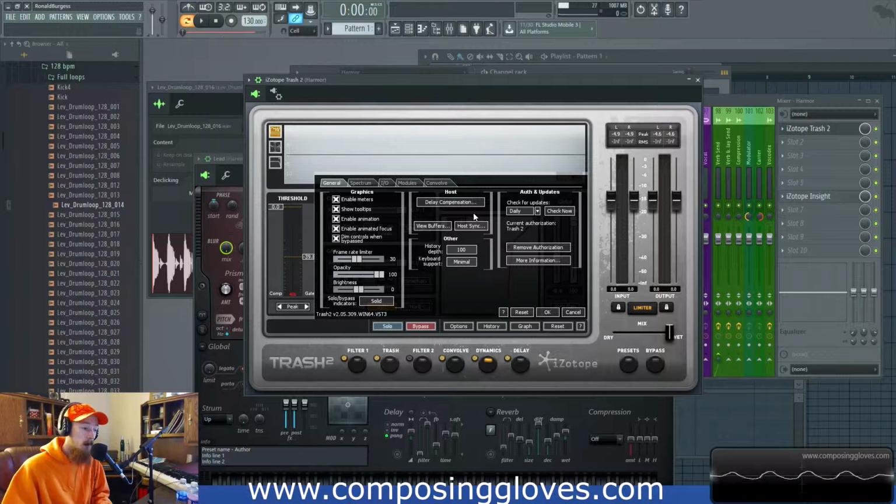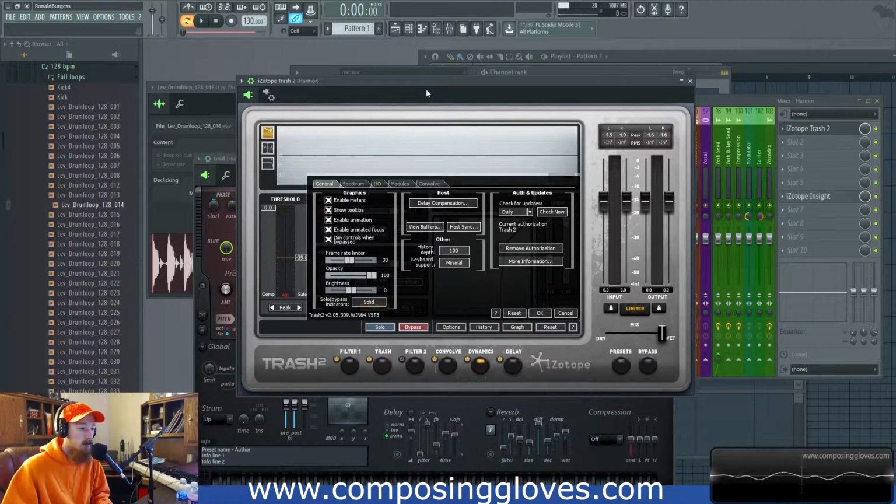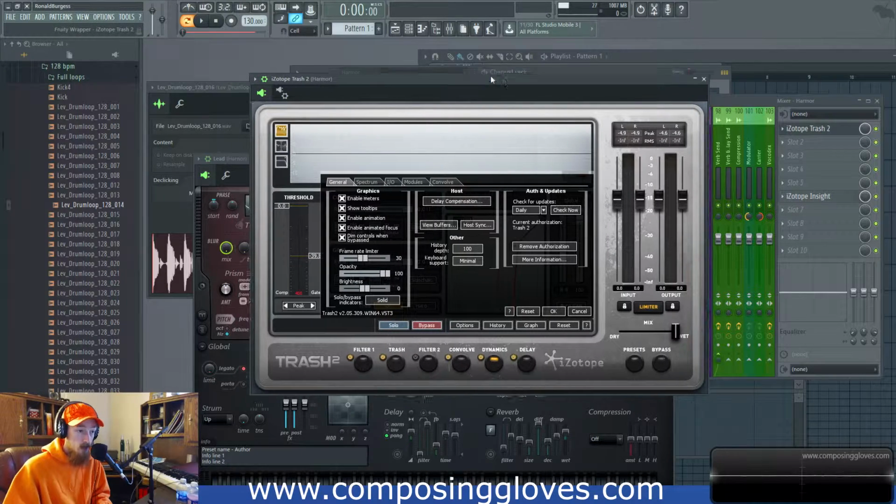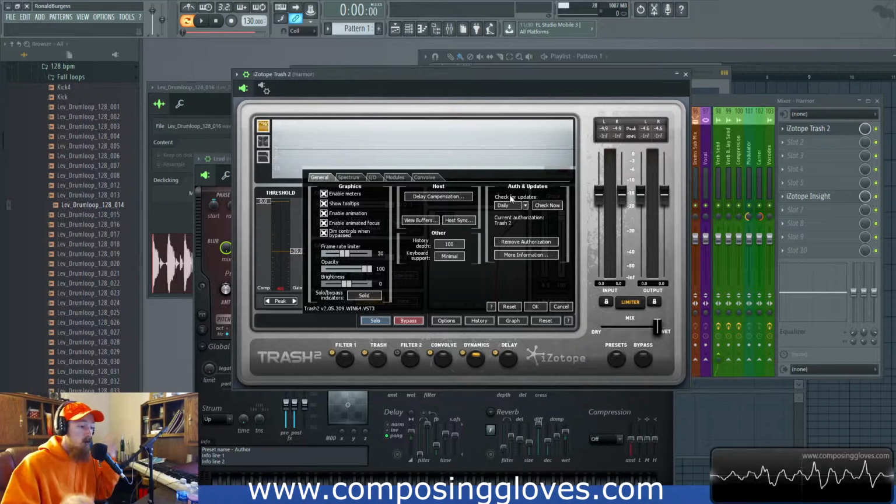If you have a lot of windows open, and sometimes this happens to me, I just leave things open occasionally. You can hit F12 and it will close all your windows for you. So that's a really great way. And that's why sometimes when you load up a project and all those windows pop up of all the plugs you have open,